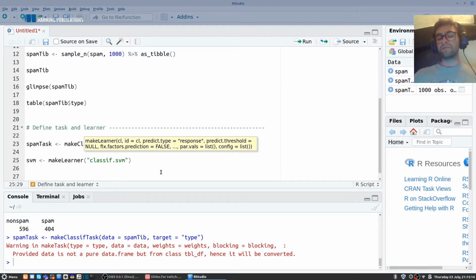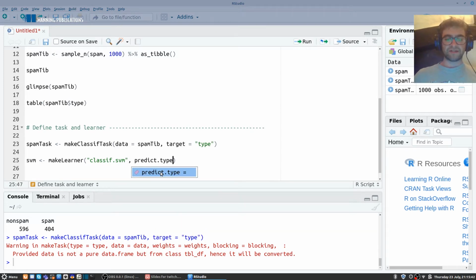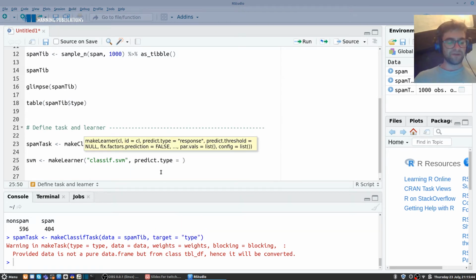This might seem a little bit overkill, but as a number of algorithms can be used for both classification and regression, such as the SVM algorithm, it's important to tell mlr which variant you're intending to use. There's another optional argument which I recommend, which is predict.type, and I recommend that you set this to prob. So the default for this argument is